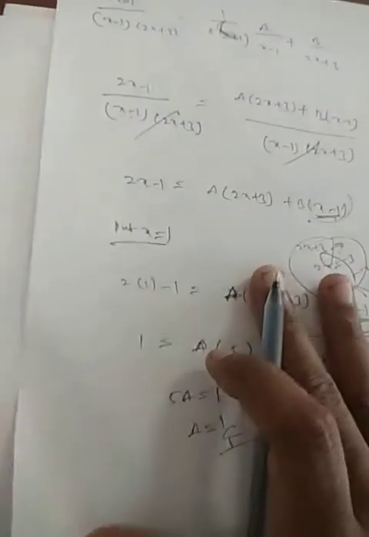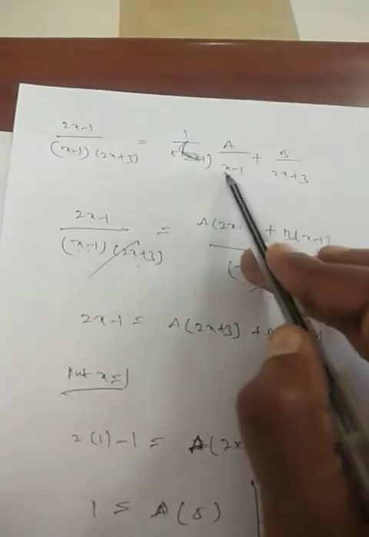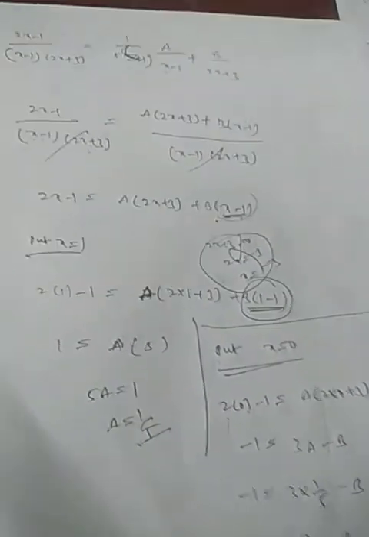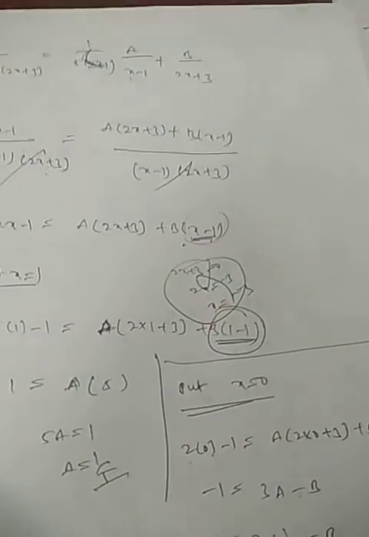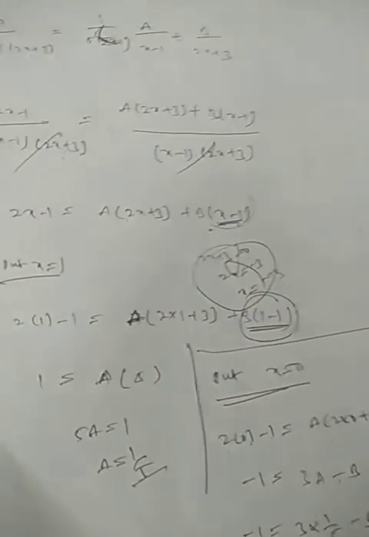Whether this way or this way we can follow, but in this procedure just put the zero so that the expression will become simple. So this is all about this question. I will explain one more question to you for your clarity, then I can give some questions you need to do as homework. Partial fraction.